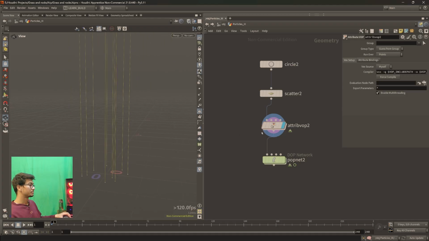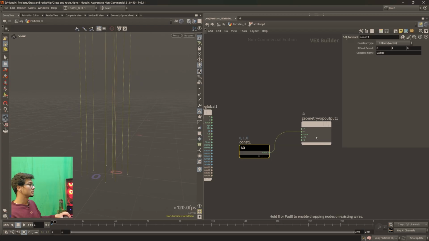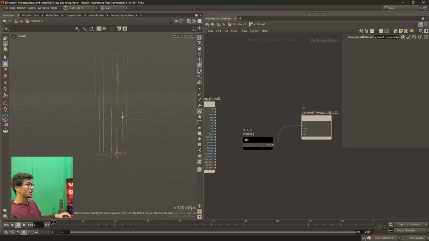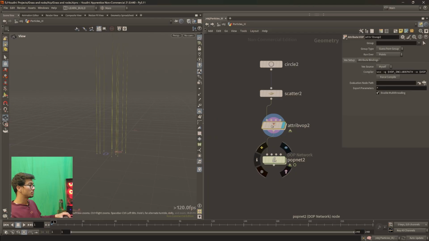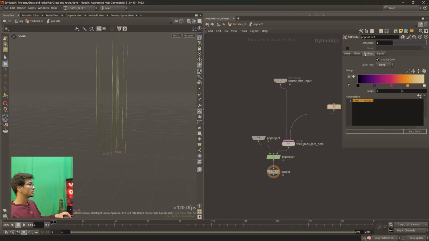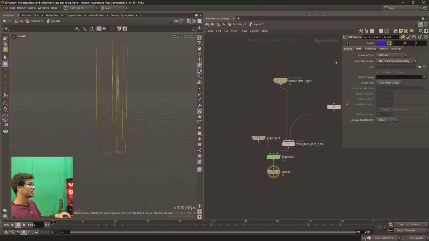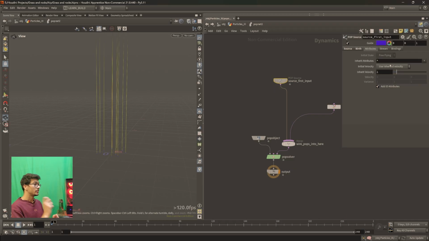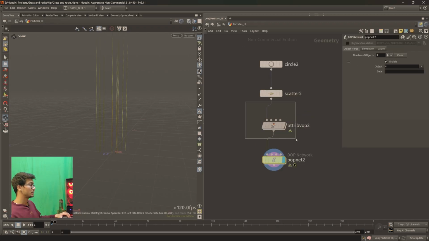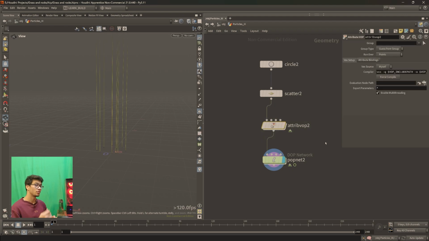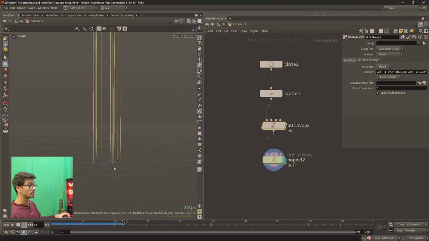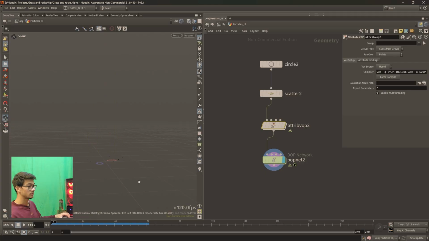We have something like this. Inside this we have this velocity which is going into the velocity. And when you say pop net 2, you have the source, and in this source we have the attributes, and currently we are using inherited velocity, which is this velocity that already exists on these particles. So just play this and you will see your particles are moving in the y direction,